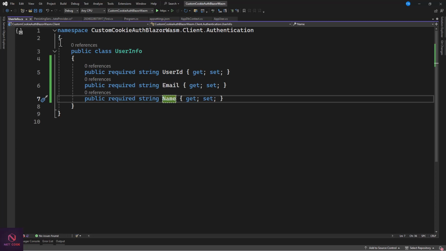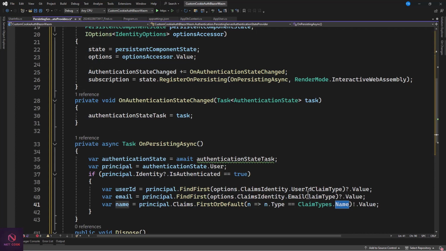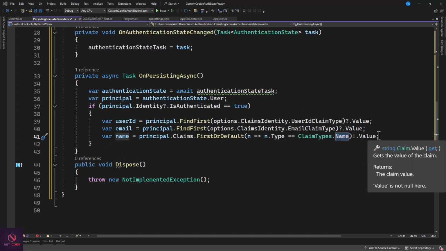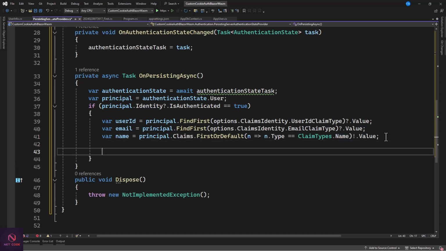Okay, so we need these 3 properties, and now in here we can just go in there and check. Before we assign this or populate this to the model, we can check first to see if the claims that it got, none of them is null, before we start working on it. Okay, so if user ID is equal to null, and let's add the name as well,